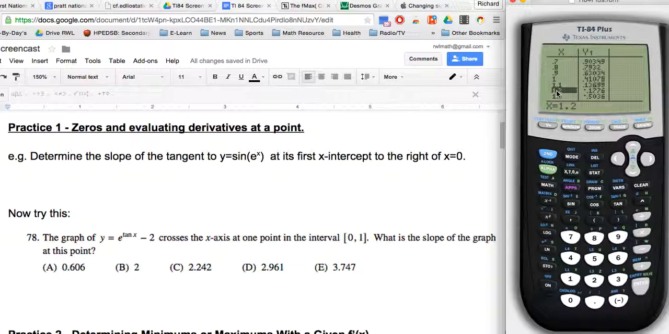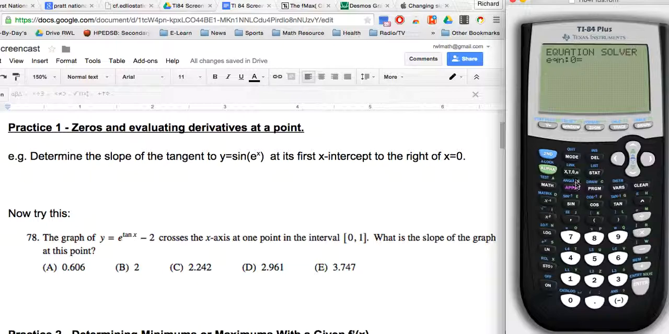So here's what I can do now. I'm going to use what's called the solver. I know approximately where the answer is from the table, and now I go into the solver. So second and quit takes me out, and now I go to the solver. I go to the math button, go all the way to the bottom, and it's the solver. I hit enter, and now I have 0 equals